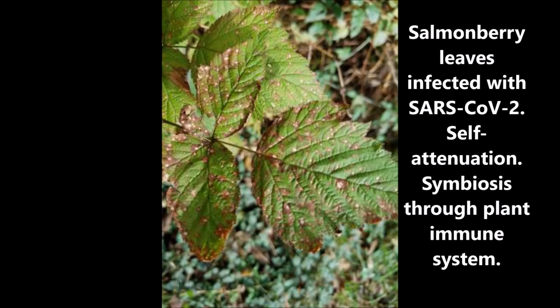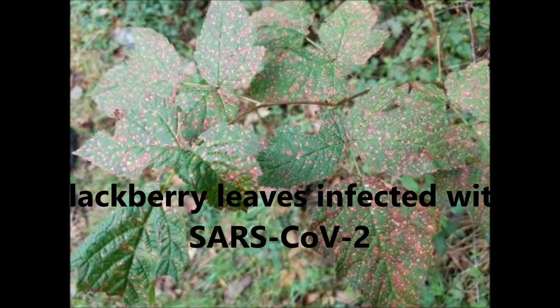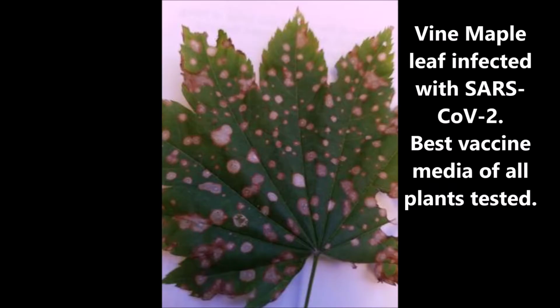With self-attenuation, there's a symbiosis through the plant's immune system that keeps the plant alive and also keeps the viral colonies alive. A similar situation with the blackberry shows that the leaves are infected with SARS-CoV-2. Each little round colony is present on the leaf and identified, and with mRNA serology can prove that this is